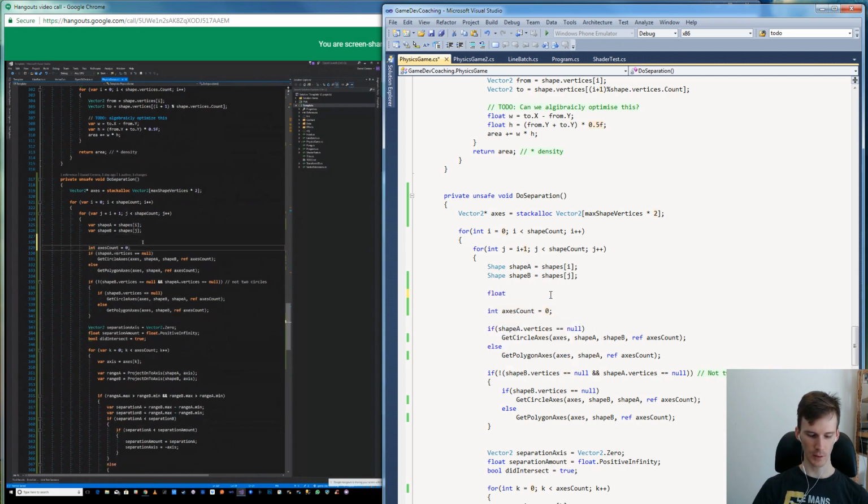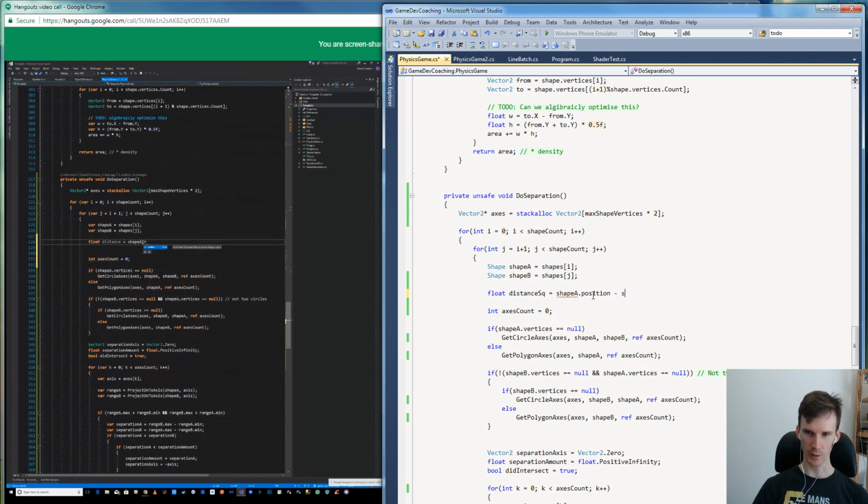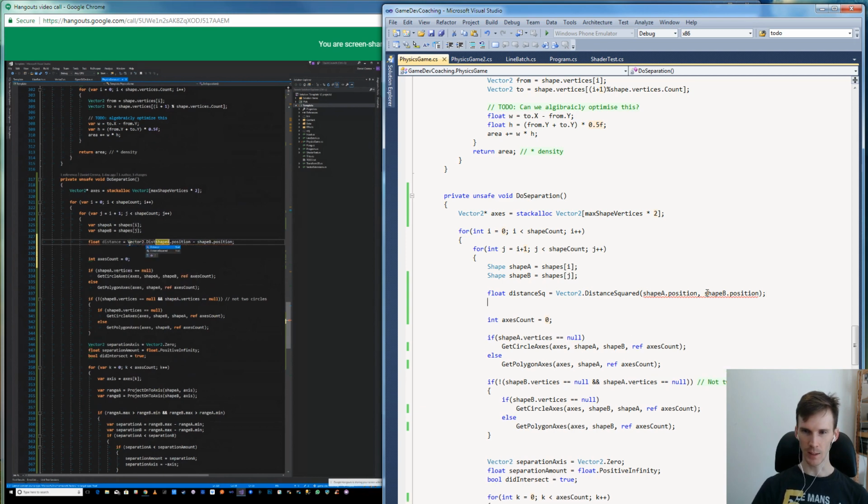So what we want is float distance equals, actually distance squared, shape A dot position minus shape B dot position. Actually, let's use Vector2 dot DistanceSquared, rather than doing the subtraction ourselves, just for fun. And then we have this distance squared, and then we have two radiuses. And so basically the question becomes,